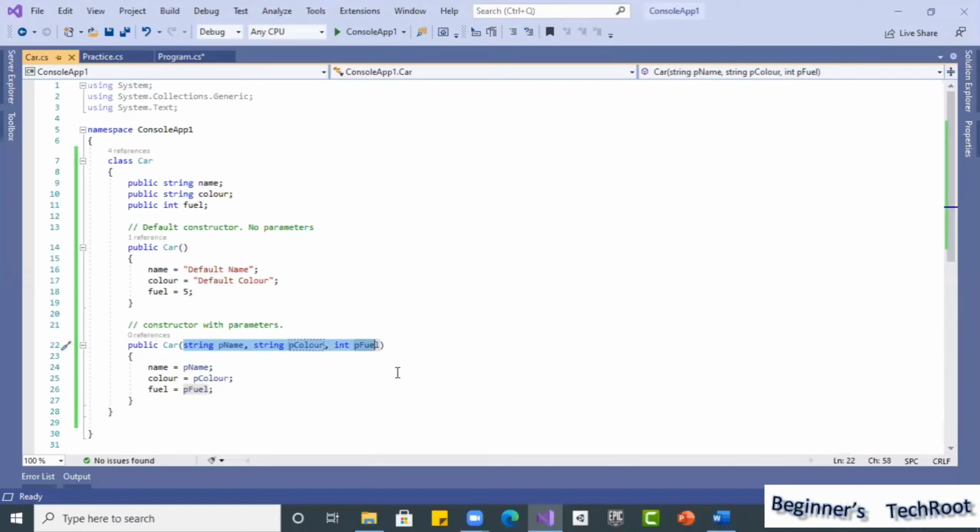So that concept is one of the important concepts, method overloading. It's nothing but we use the same method name, and the number of parameters, the data type of the parameters, or the sequence of types, these three differ.